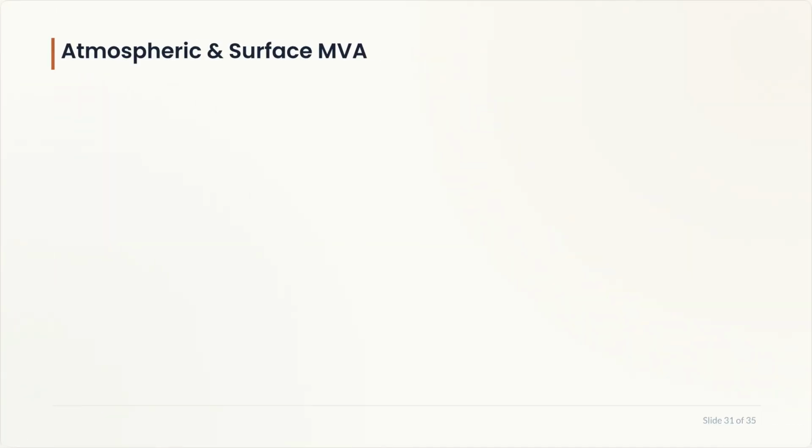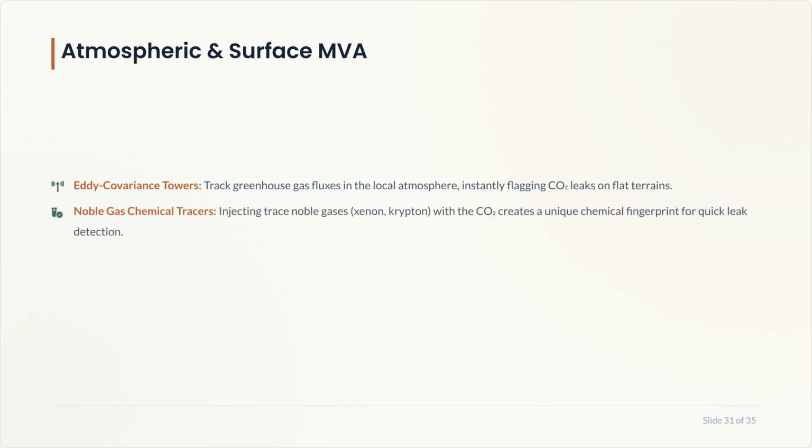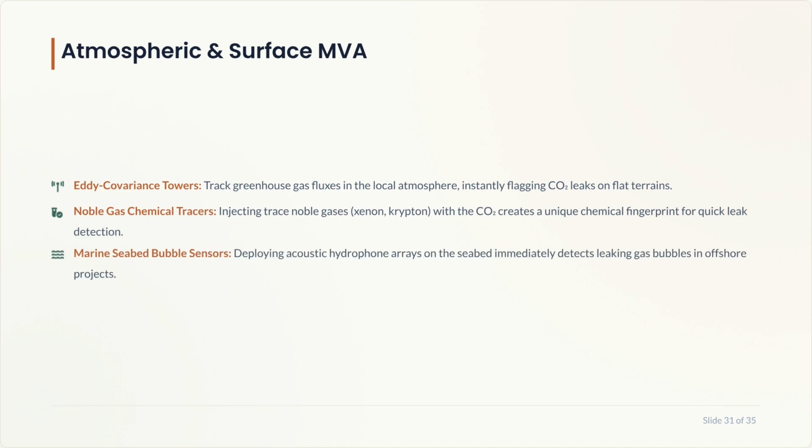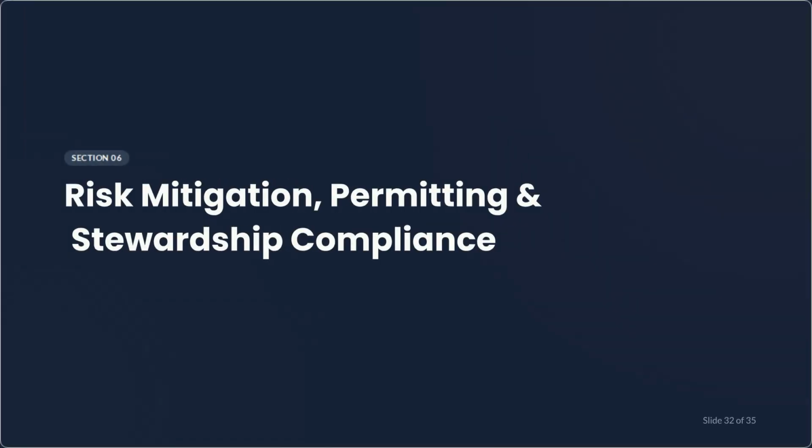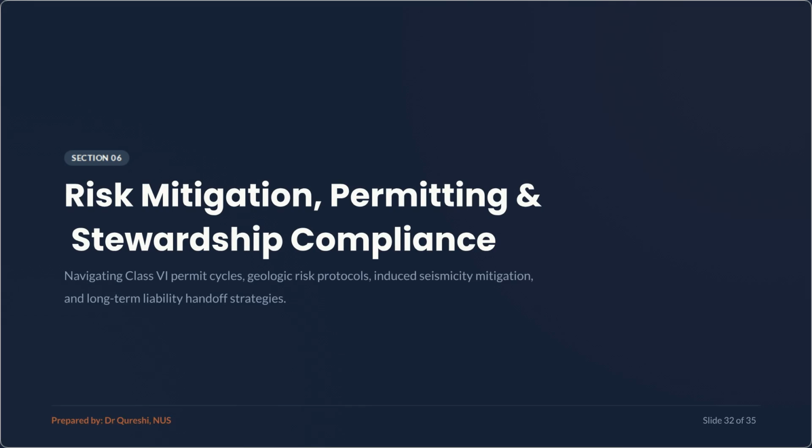This video examines atmospheric and surface-level monitoring techniques. These include eddy covariance towers for detecting airside flux, noble gas tracers for chemical fingerprinting, seabed acoustic sensors for offshore leaks, and mobile laser probes for scanning pipeline integrity. Beyond environmental monitoring, operators must navigate regulatory frameworks. This involves Class 6 permitting, managing geological risk, mitigating induced seismicity, and developing long-term liability handoff strategies to ensure project